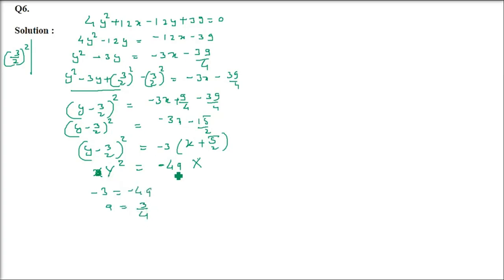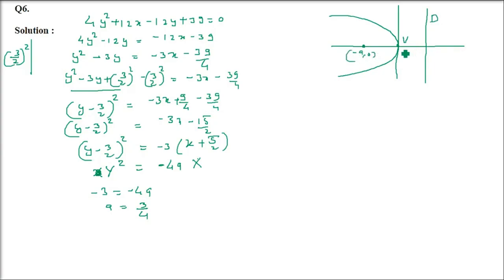Now a is known. Now if you see here, y square equals minus 4ax, that means the parabola faces the negative x-axis, whereas y square equals 4ax faces the positive x-axis. So this is the vertex, this is the directrix, and the focus, normally, would have been minus a, 0. The vertex is 0, 0 under normal conditions, and the directrix is x equals a under the normal condition.